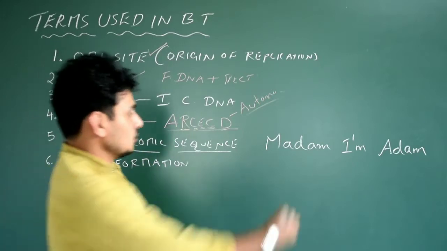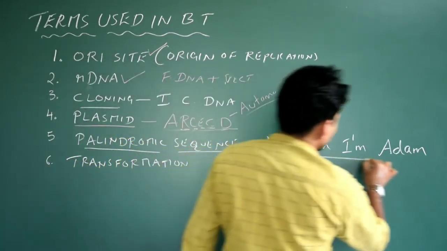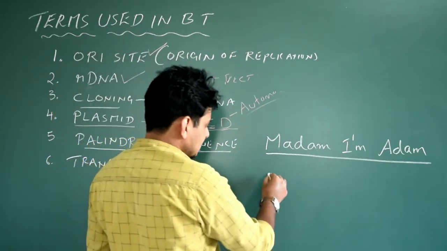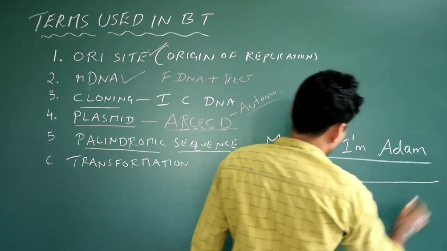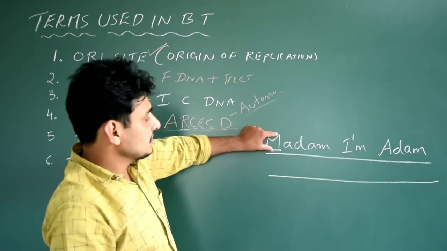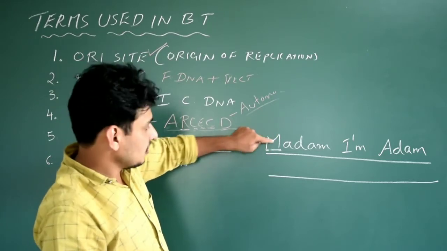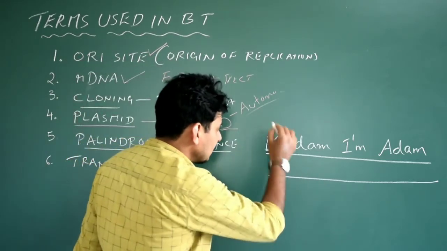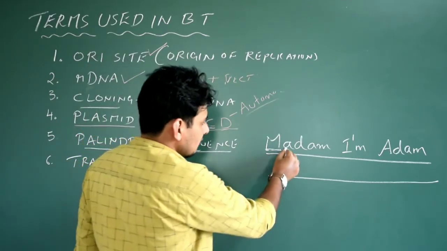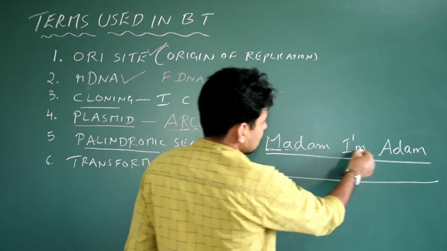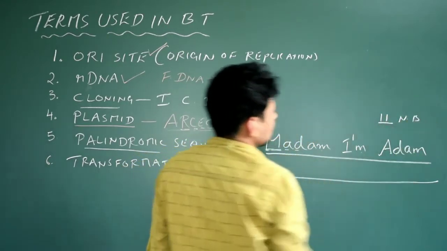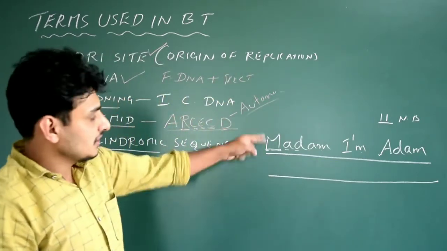Let us imagine this is now single stranded, the one strand of the DNA. Anyhow, I'm going to draw one more strand of the DNA. Let us consider this is a single nitrogenous base. It could be purine or pyrimidine, it doesn't matter. This is the second one, third one, 4, 5, 6, 7, 8, 9, 10, 11. So we have 11 nitrogenous bases present on a single DNA strand.